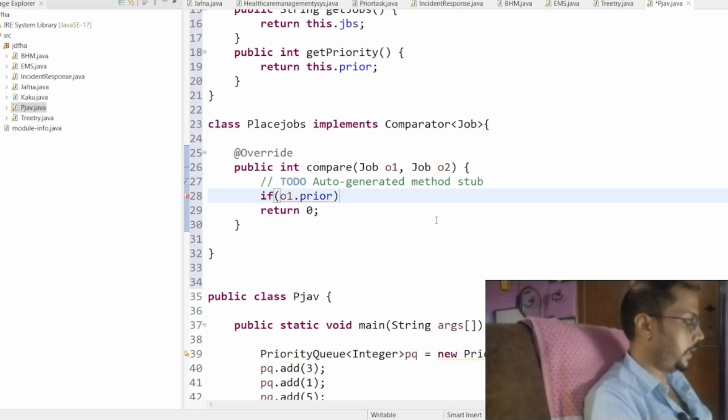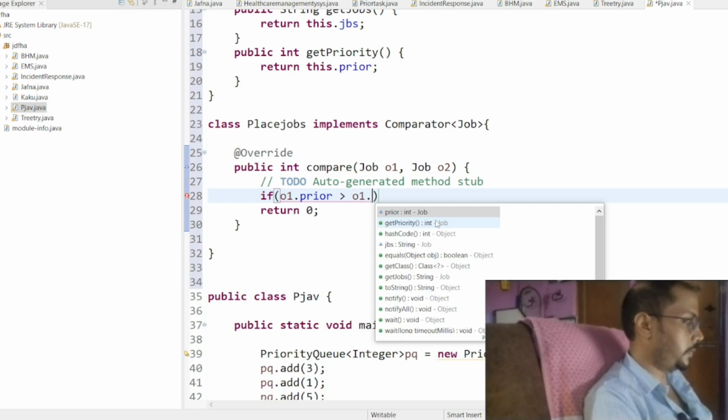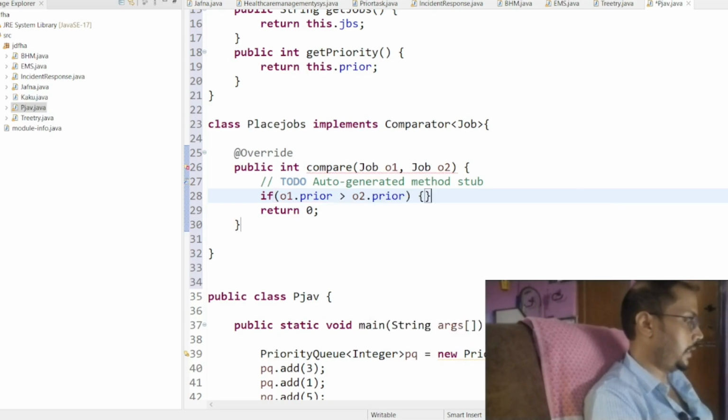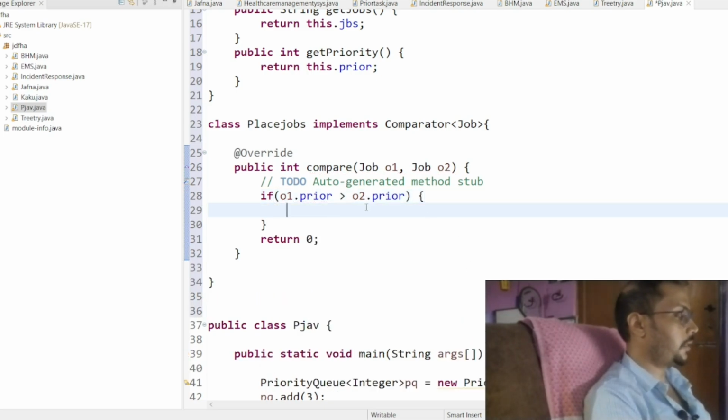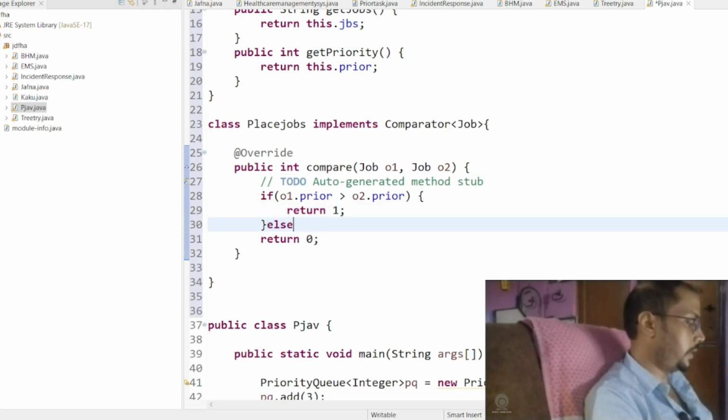So if O1 dot priority is greater than O2 dot priority, then we are going to return 1. What this will do is sort these items in ascending order, because it will start the count from 1 only. So else, sorry for that, else